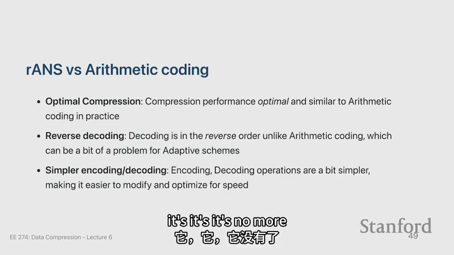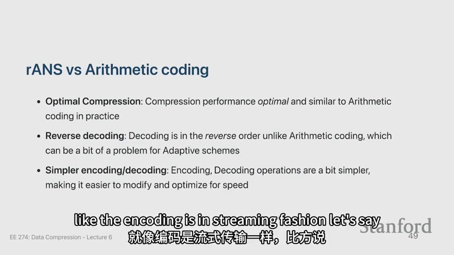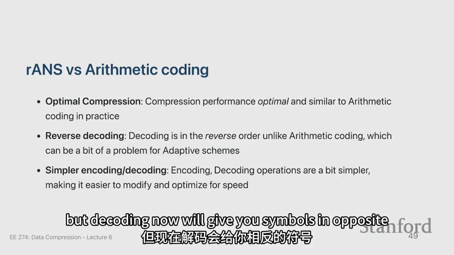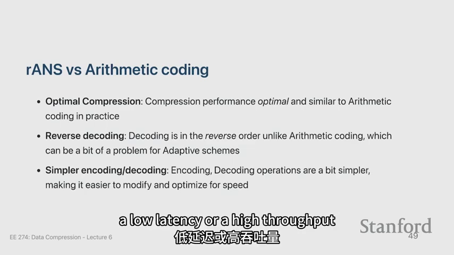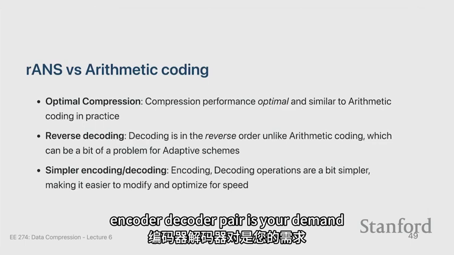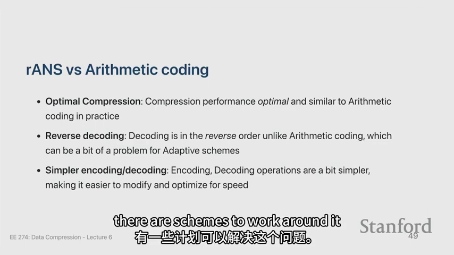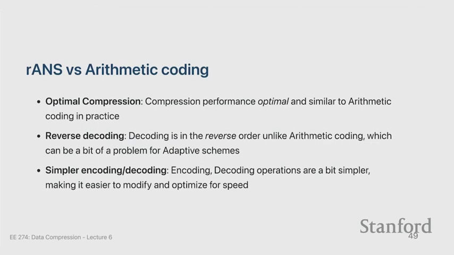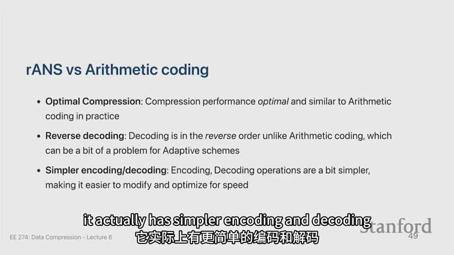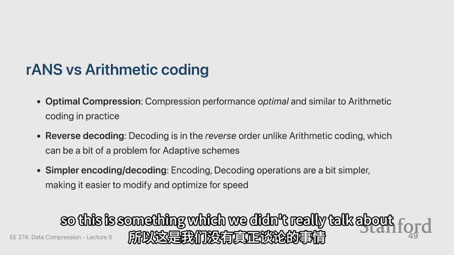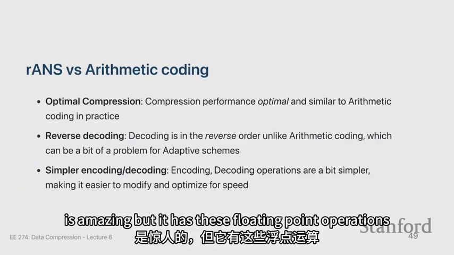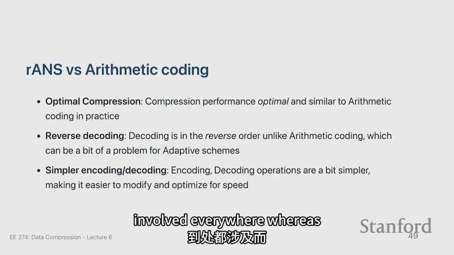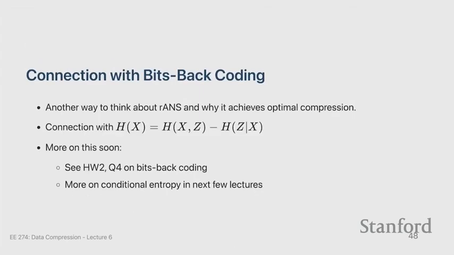Because the encoding is in streaming fashion, let's say, but decoding will now give you symbols in the opposite direction, which might not be good if a low latency or a high throughput encoder decoder pair is your demand. But you can see there are schemes to work around it. And it actually has simpler encoding and decoding. This is something which we didn't really talk about. But Shubham mentioned last class, arithmetic coding is amazing, but it has these floating point operations involved everywhere. Whereas in our